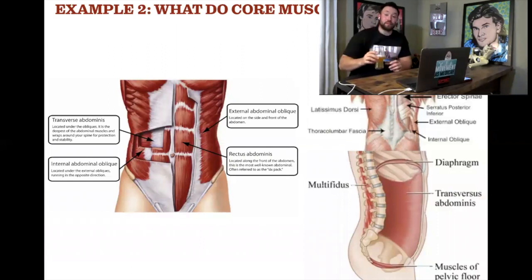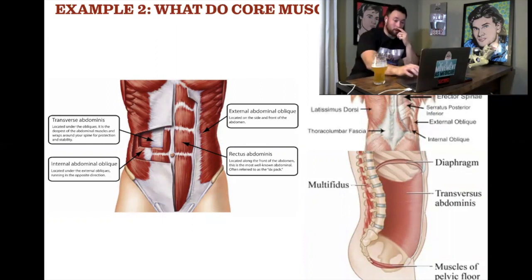Now another controversial topic in the world of fitness is core training specifically, or what is the purpose of core musculature, right? If you just look at the structure here, you can kind of understand that it's meant to buttress force. Look at the angles and the pennation of all these muscles. They all create a cylinder around the midsection. If you look at the transverse abdominis and diaphragm and multifidus, the internal and external obliques and the lats, the rectus abdominis, they create a cylinder around the midsection